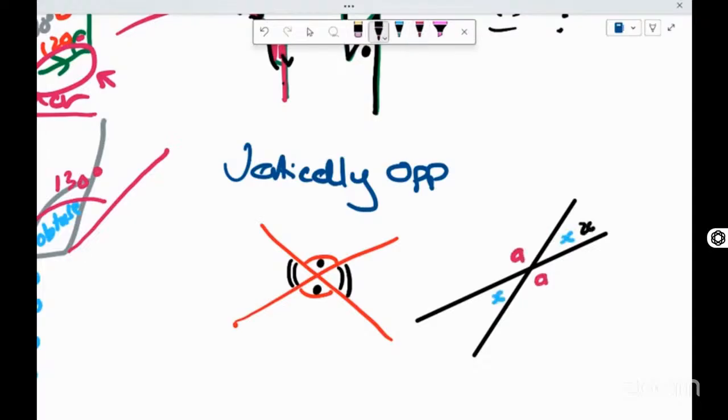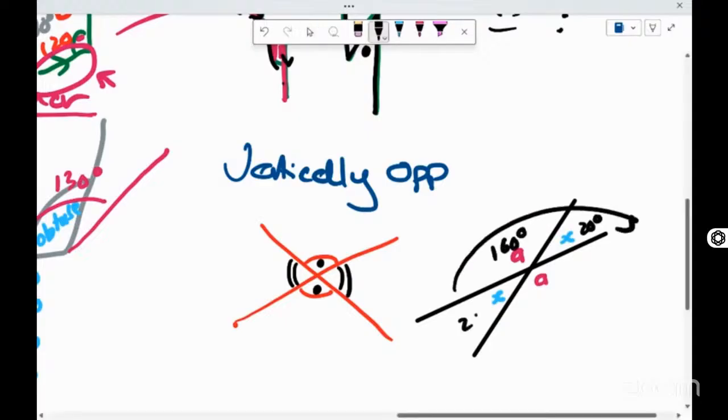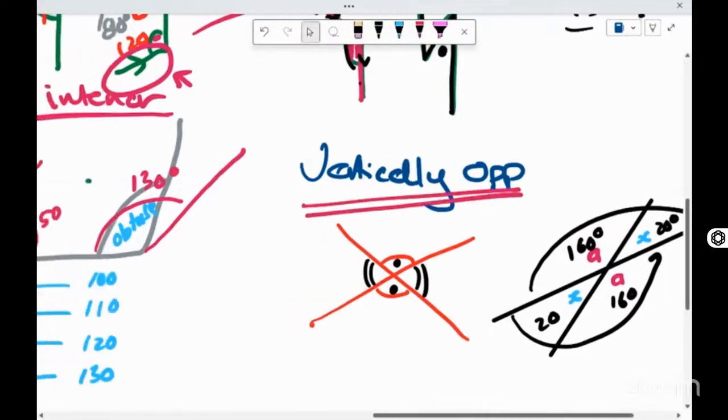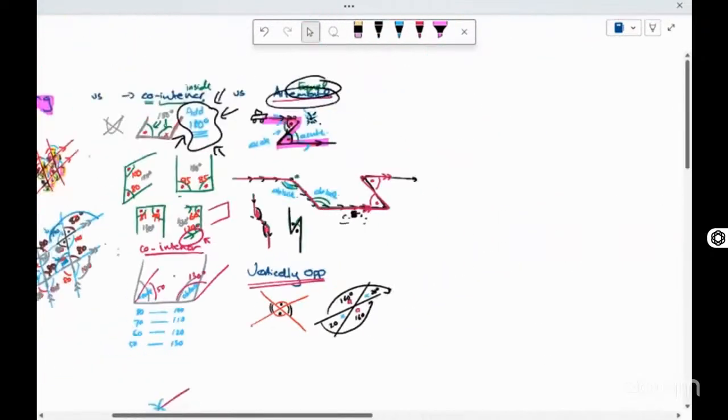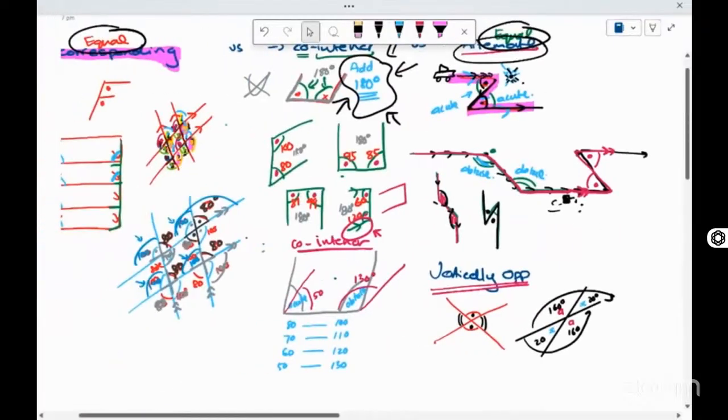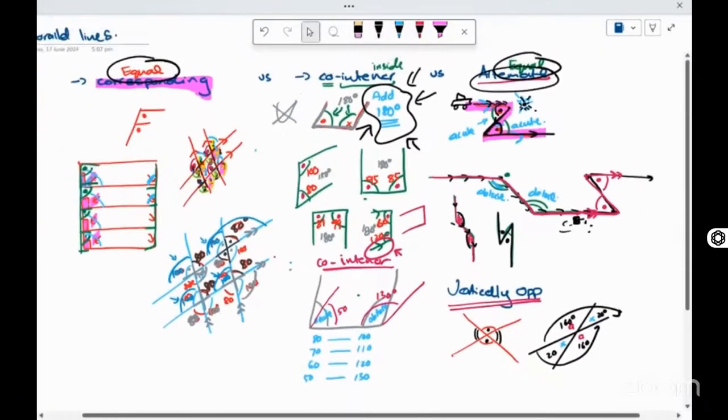Suppose this angle is 20 degrees. This automatically becomes 160 degrees because angles on a straight line add up to 180. So this is 20, this will become 160. So you have two ways of working it out. You have angles on a straight line and you have vertically opposite angles. There's a reason to calculate those angles there. That's it. And now we have our corresponding, co-interior and